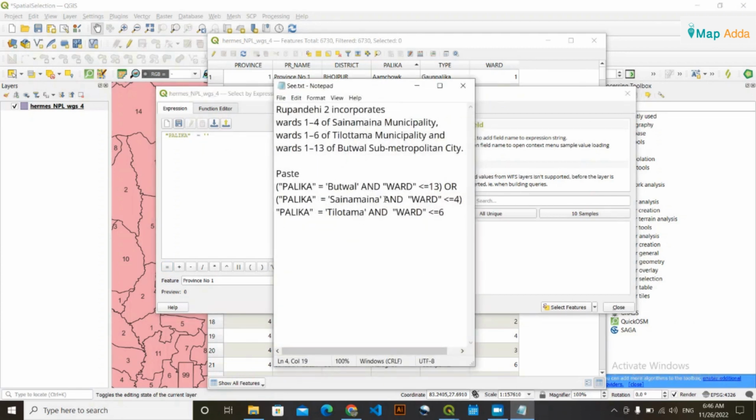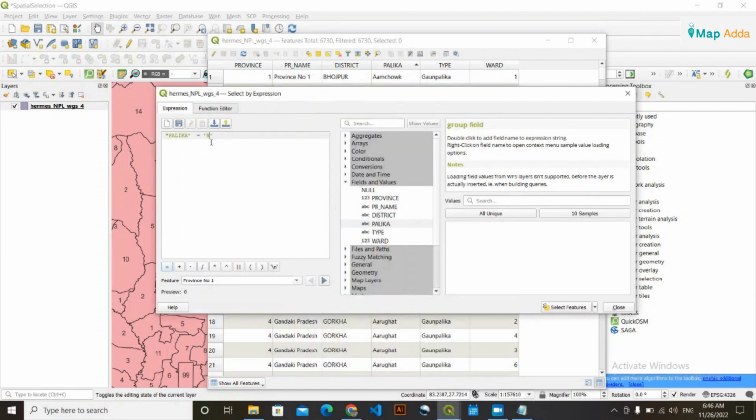I had already made this, but to explain to you, I am writing this. Okay, first I'm going to go for Butul. Okay, Palika equal to Butul. I want to select only Palika Butul first, only Butul, and in